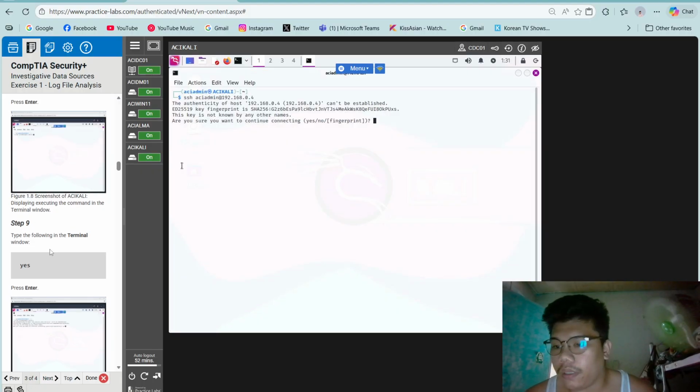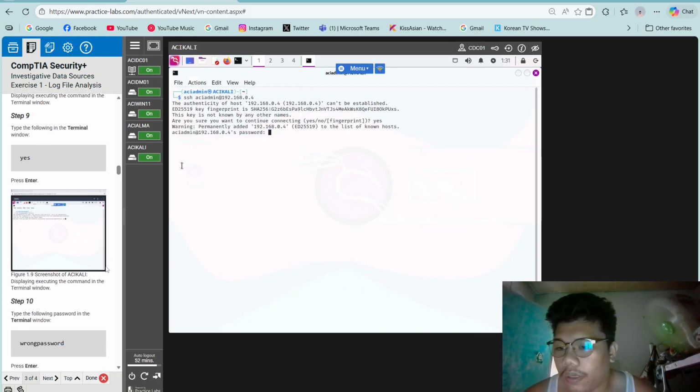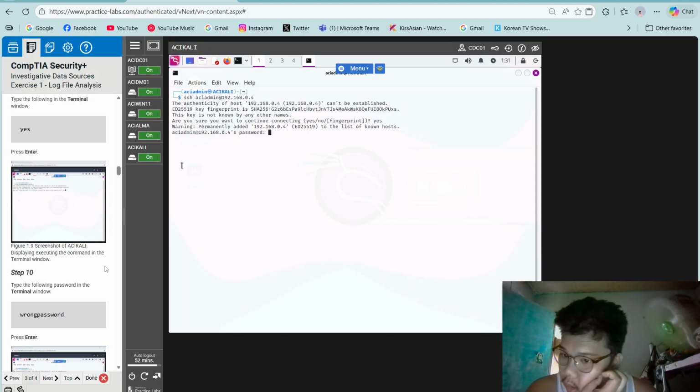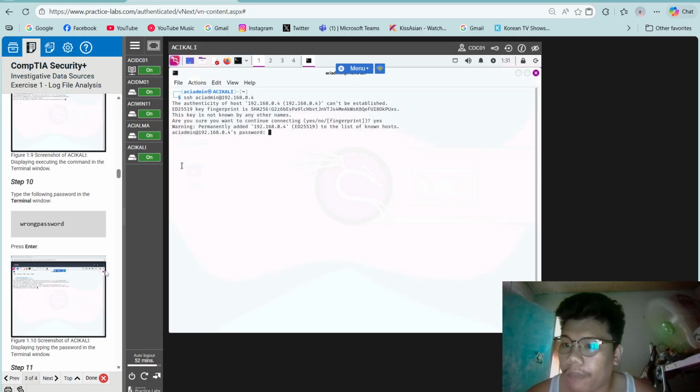Type yes in the terminal. So click enter. Then step 10, type the following password into the terminal. Wrong password. Enter.